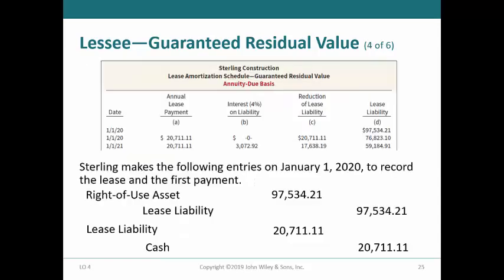To record the signing of the lease, Sterling would debit right of use asset and credit lease liability for the $97,534.21 and also record the first lease payment by debiting lease liability and crediting cash for